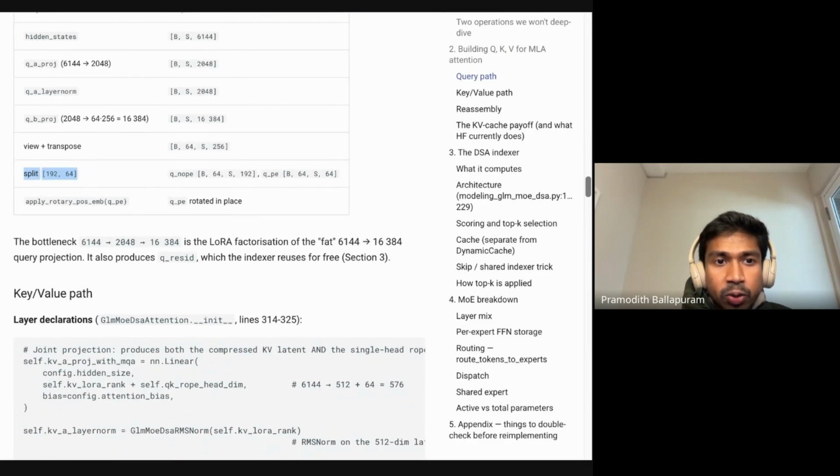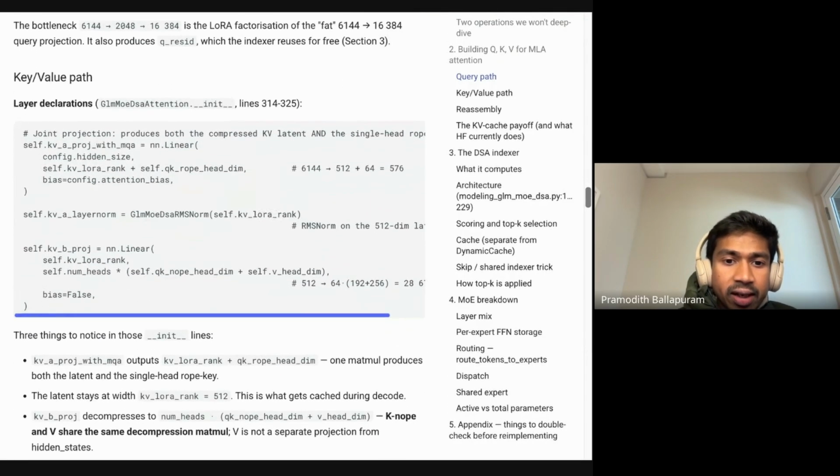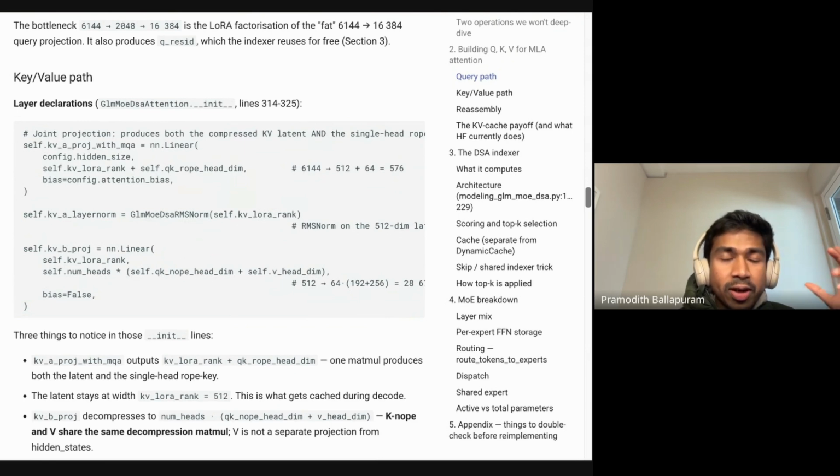Okay, so now your query tensors are prepared and ready for attention, but you have to do something similar to get your key and value tensors as well. And again, very similar to what happens in rope. In query, you have these lower layers. So the very first one is this down projection, and there are a few important caveats to note. So first is